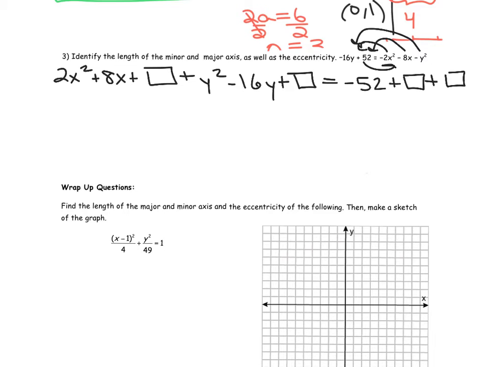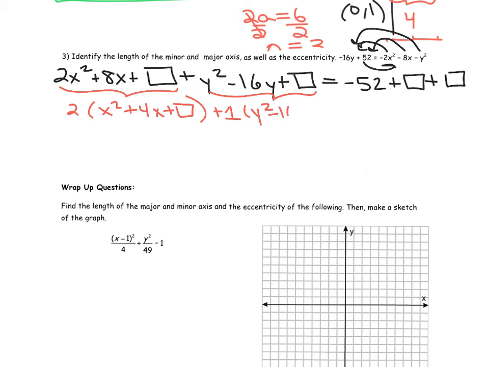All right, going to take out the GCF here, so I'll have 2 times x squared plus 4x plus blank. Take out the GCF here, which actually, it's just 1. So I'm going to rewrite this as plus 1 times y squared minus 16y plus blank equals the negative 52 plus. Now, I pulled out a 2 here, so I need to write plus 2 times what's in the box